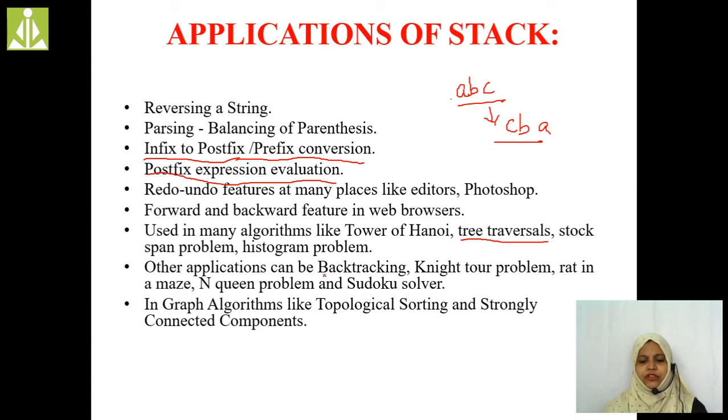Here, this backtracking you are going to learn in the third year in the DA subject. While you are reading the DA subject, you are going to learn how to perform backtracking by using stacks. In today's session I am going to discuss the various types of applications, and in that, how to evaluate the postfix expression. In the evaluation of a postfix expression, how are you going to use stacks?